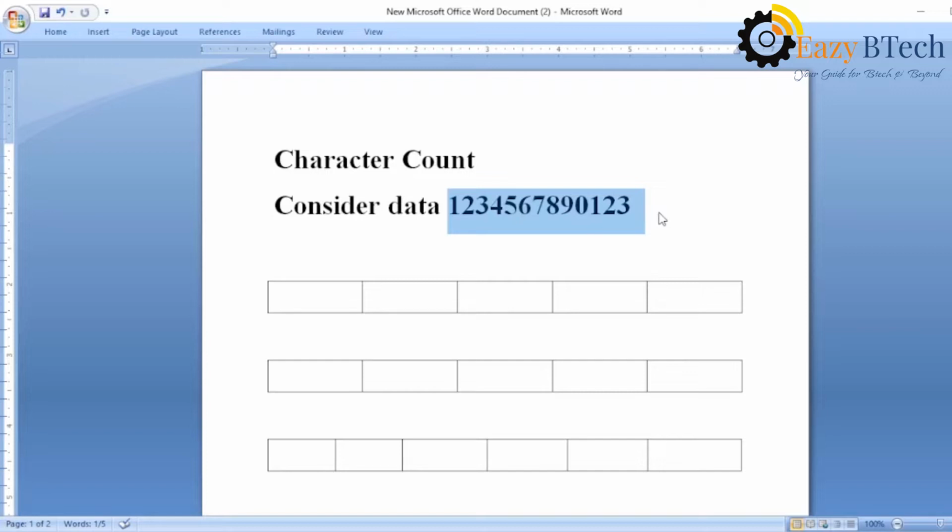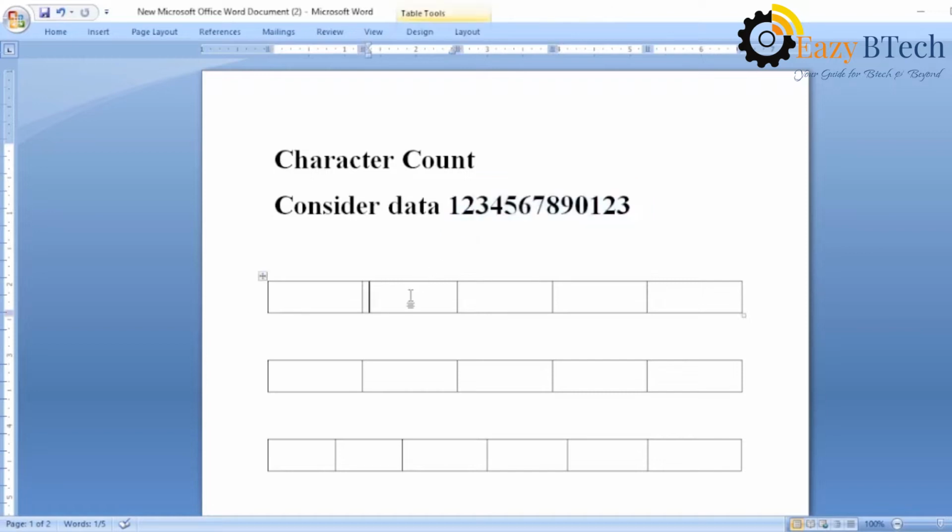Here I am dividing this actual data into three frames. In the first frame, 1, 2, 3, 4, this frame contains 4 characters with an additional count to identify the end of the frame. So here it is 5: 1, 2, 3, 4, 5. So this is the end of the frame.